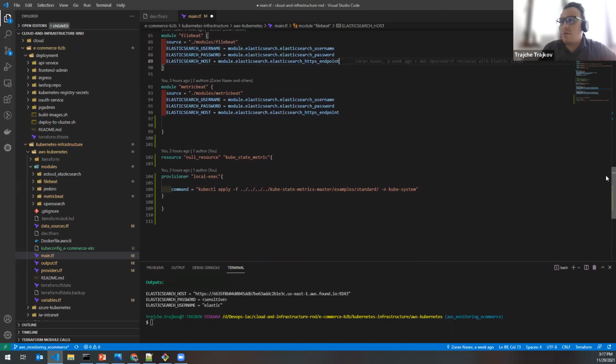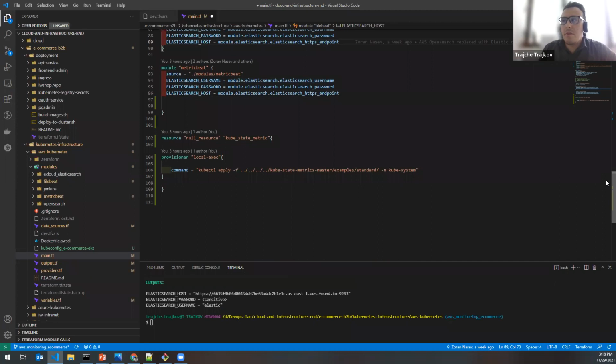As a last dependency, we will need to deploy kube-state-metrics, whose API is going to help us harvest information about the deployments and the replica sets, and what the state is, and whether there are any changes in the state of the deployments. With this, we are going to create the whole infrastructure using the terraform apply command. After that, we are going to do some automated dashboard imports, or they are already pre-built, and you can just import your dashboards and prepare your monitoring and log solutions, so you can start checking and monitoring the health of your